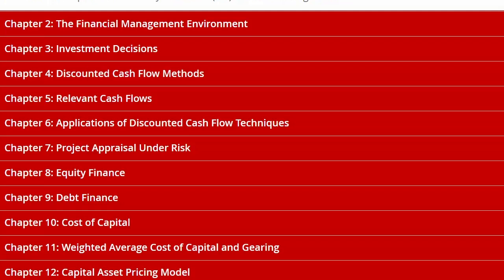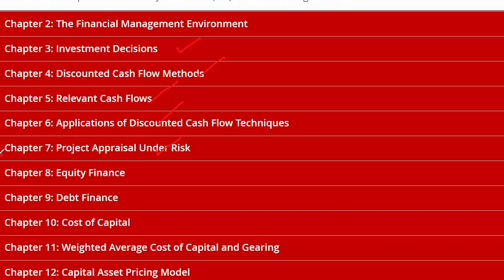And I am highlighting these areas from ACCA Study Hub. But these are available in a similar way in Kaplan. For the investment appraisal grid, we have chapter number 3, which we will be doing. We will be having chapter number 4. We have chapter number 5, chapter number 6, and chapter number 7. So chapter 3 to chapter 7 is basically